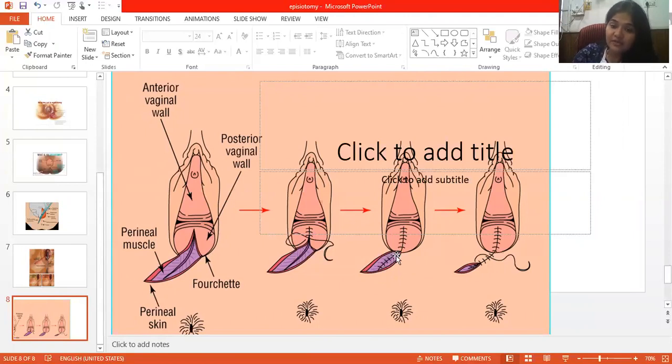But here there is a lot of bleeding, so you have to take the mucosa and perineal muscles carefully. Hemostatic sutures have to be taken, and see to it that later on there is no collection of blood in the form of hematoma. And then the last thing which you suture is the skin. See, it becomes like this. So the incision inside the vagina, then the muscles inside are closed, and from the fourchette to the last part, the skin is closed.